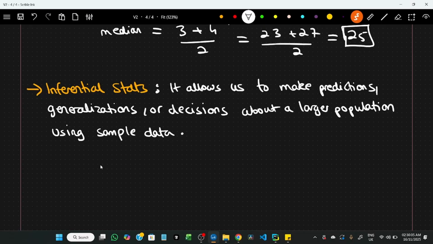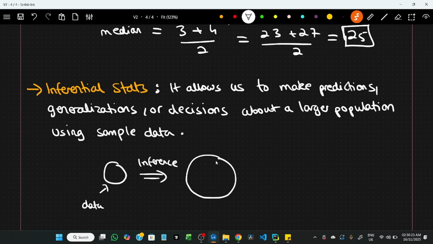So let's say I've already discussed what is sample and population before. Let's say I have a sample, and I have this data, and I want to make inference about the population, which obviously I don't have the data for all of this population. So using this data for the sample, I can make some conclusions or predictions about this population data. I'll give you one example to make it easier for you to understand. But before that,